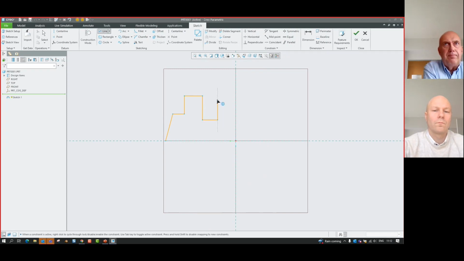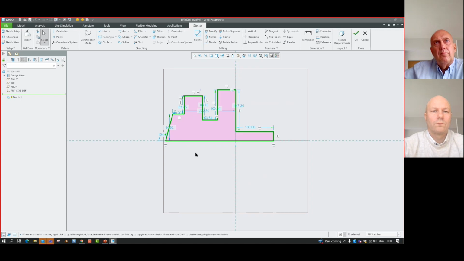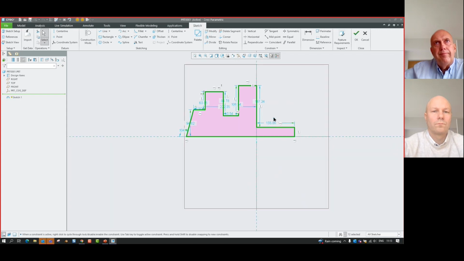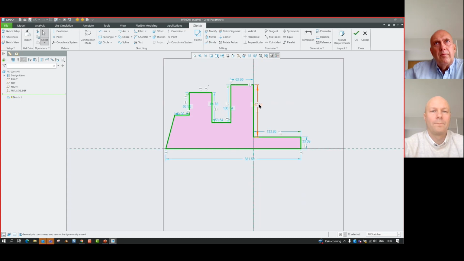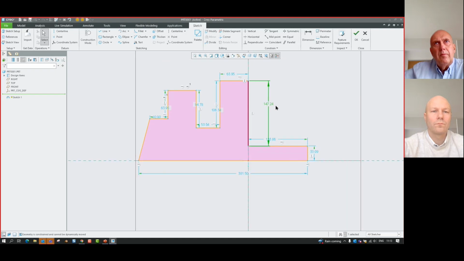And this sketch here would represent the rough geometry that our users would try to achieve, but the dimensions associated with this sketch would usually be random. So these aren't the accurate dimensions that our users would try to achieve. What I'm going to do here is make a modification to one of these initial dimensions. Let's say I'm going to modify this 147.24 dimension to something like 500 millimeters. So let's say 500 millimeters is the accurate dimension we're trying to achieve.